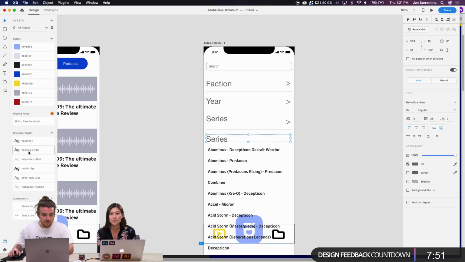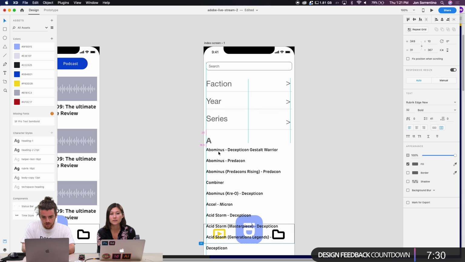And I want this to be almost like a contact list, where you're able to click in, starting at A. So we'll go here. Get my spacing a little bit.